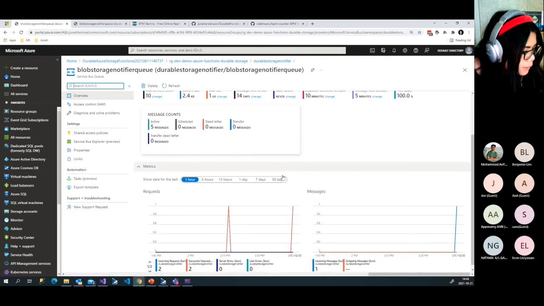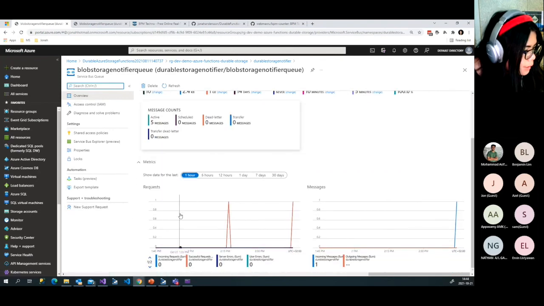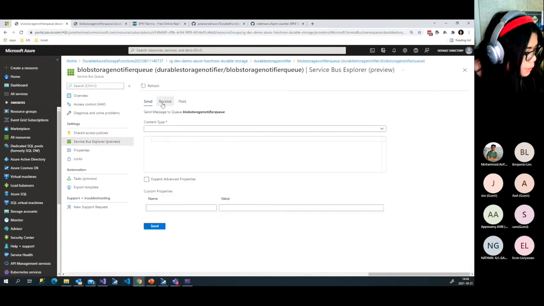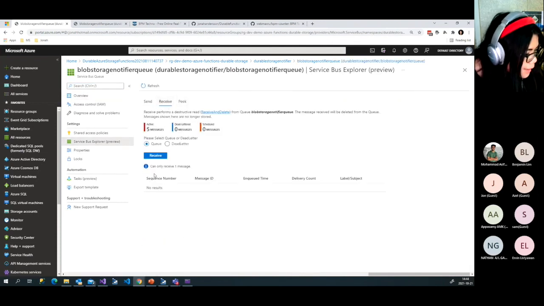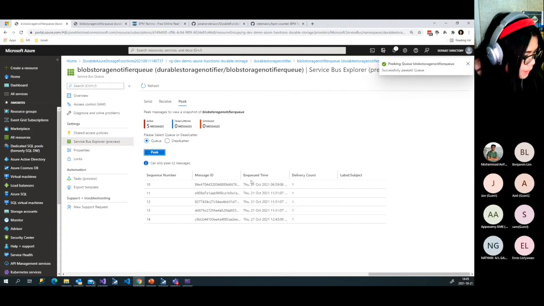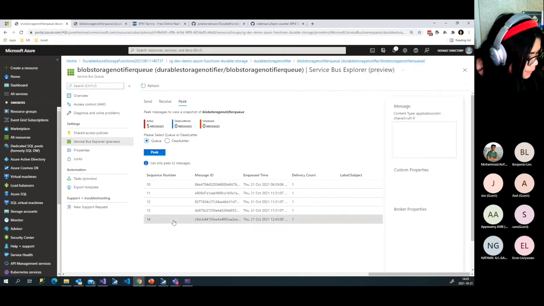Earlier, I only had one message, but if I go to the Service Bus Explorer, I have several because I've tried many times. If I do a peek, for example, I'm going to pick the one that I recently sent, and I believe this one.